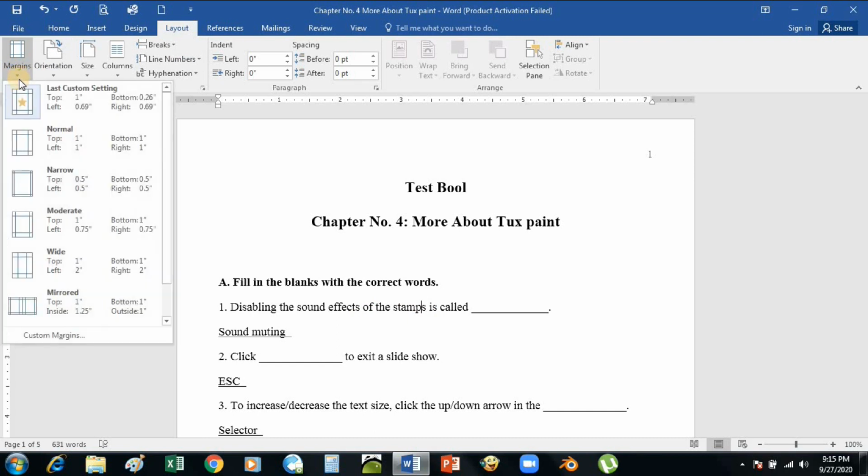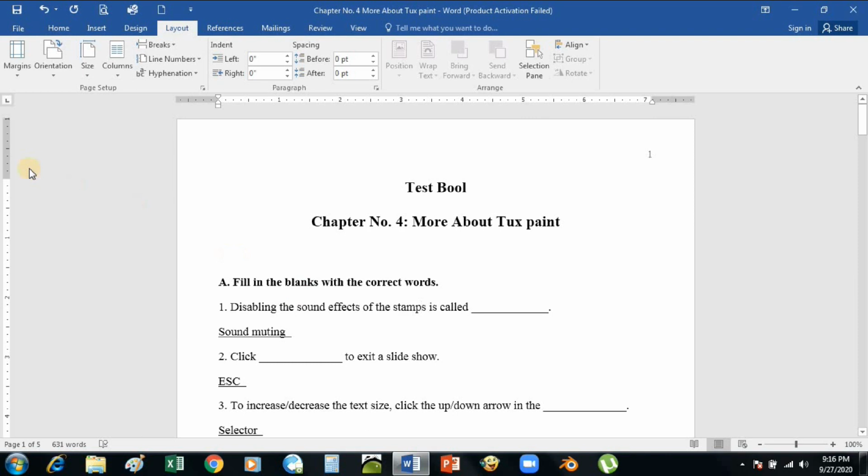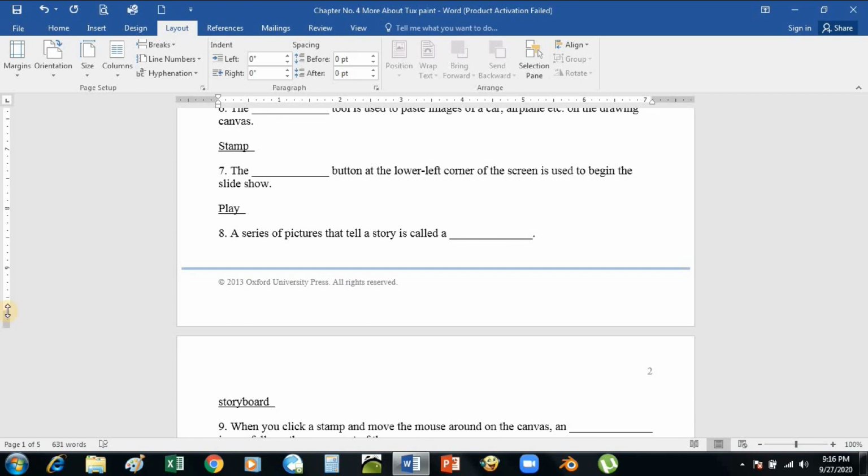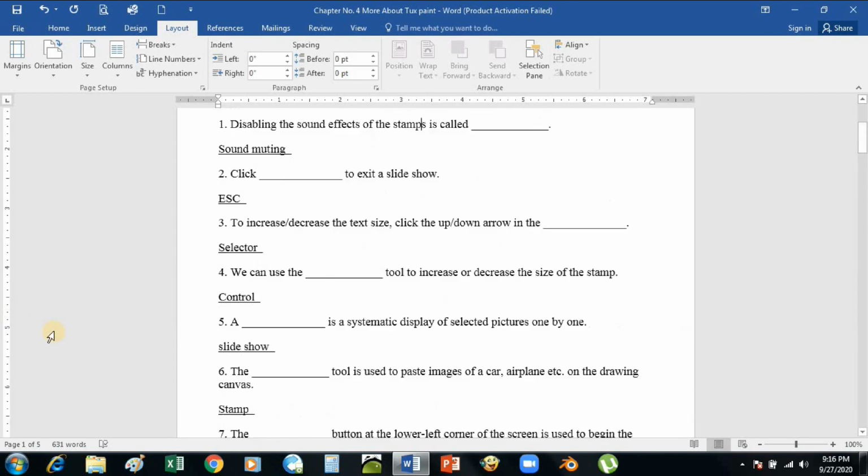By default, the normal page margin is set, and this is 1 inch on all 4 sides, as you can see here: top, bottom, left and right. But now we are going to customize it. This is the top margin, and in the same way this is the bottom margin, which is already customized here.